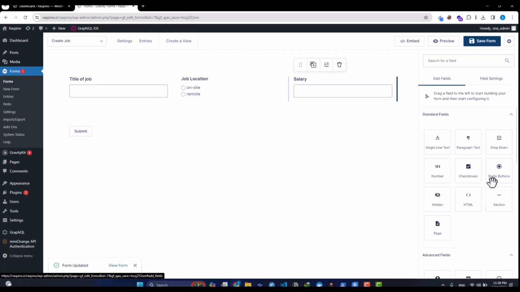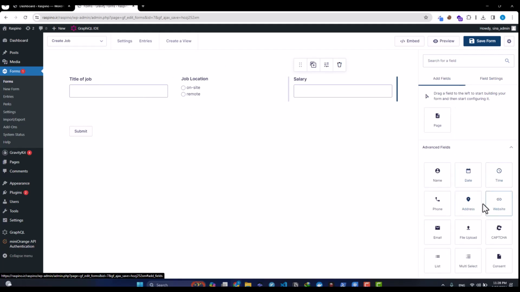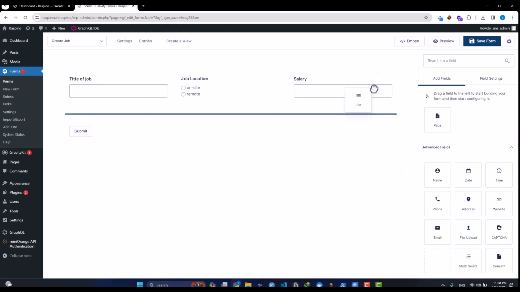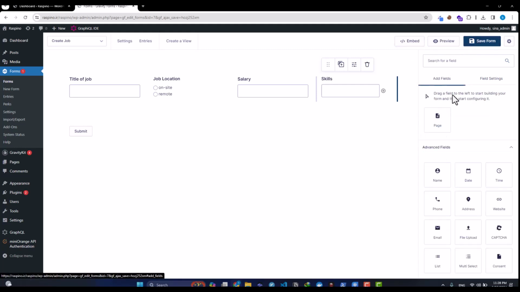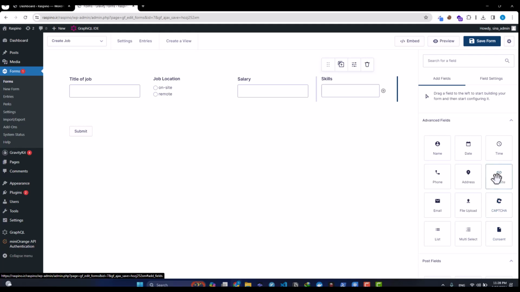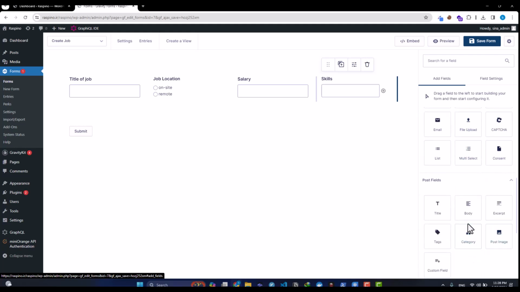I'm going to create a list to add some skills that I need for this job. It is just structure. I'm not adding any data yet. Skills, and let's just add another